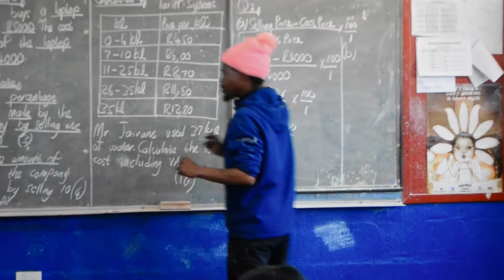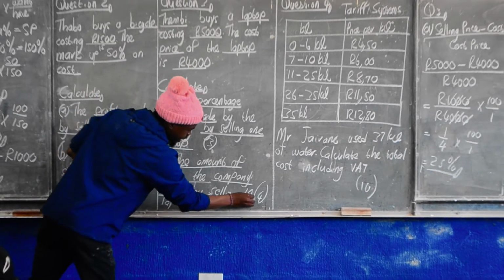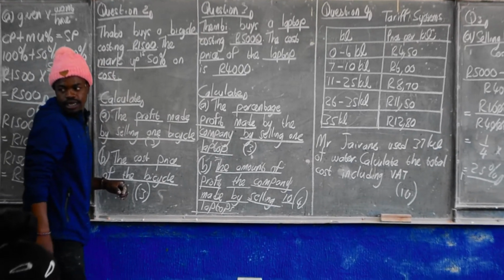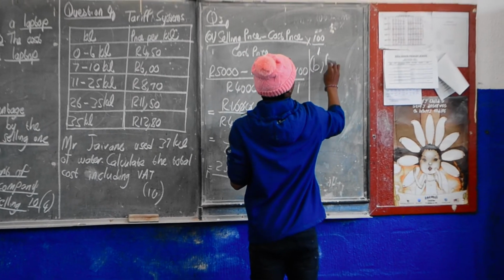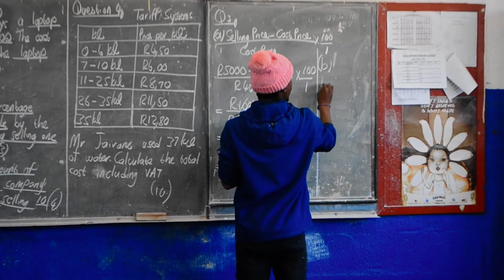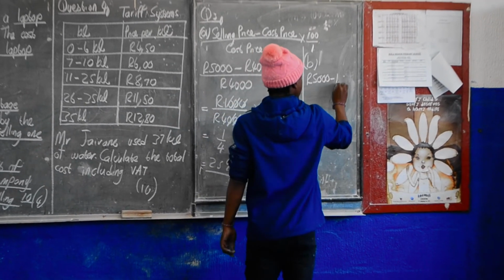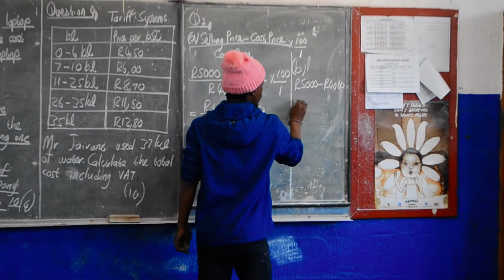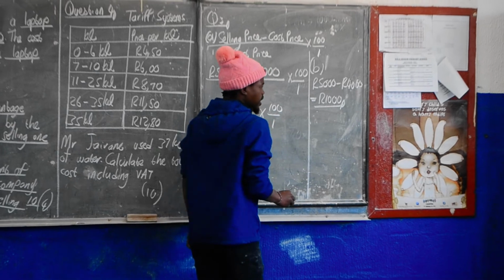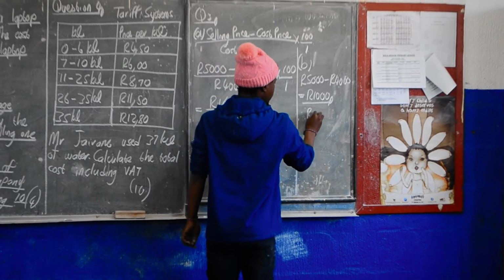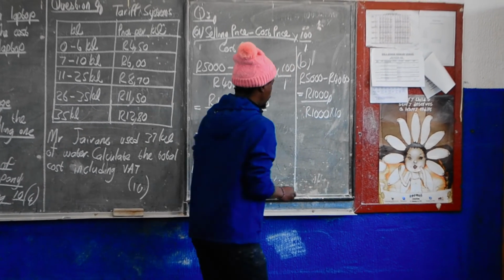How do I determine the profit? The company made it by selling 10 what? Laptops. Do you see that again? So now, how do I determine the profit, guys? Selling price minus cost price. How much is the selling price? 5,000. How much is the cost price? 4,000. Which is equal to 1,000. So now, how many laptops did this person sell? 10. So now I'll say 1,000, which is the profit, multiplied by the 10 laptops, which is equal to